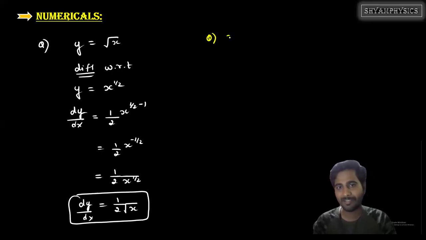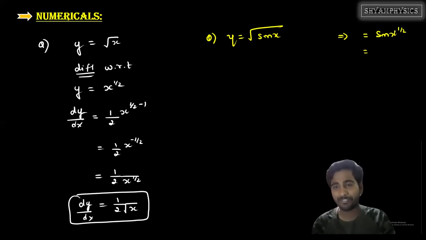The question says here, y is equal to under root of sin x. Again, we can do the same thing. I will do that on the side. First, we can write this as sin x to the power 1 by 2. For differentiation, first you take the power, 1 by 2, sin x to the power, how much was it? Sin x to the power minus 1 by 2. Now, 1 by 2, if you take that to the denominator, it becomes under root of